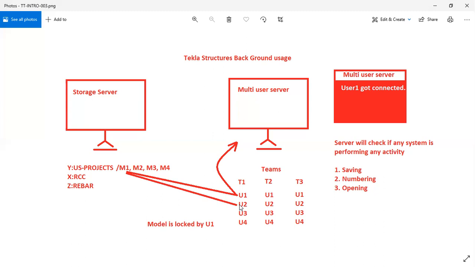That activity will go from one user to the other. First user one will do the saving, then user two, then user three. Every time a log file is created for user one, two, three, whenever he's performing that action. So hope this is clear. Now background usage.